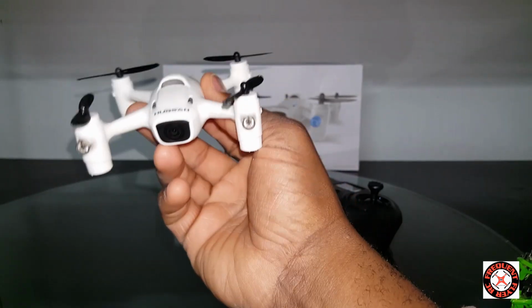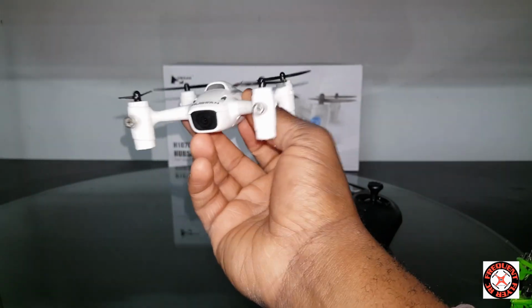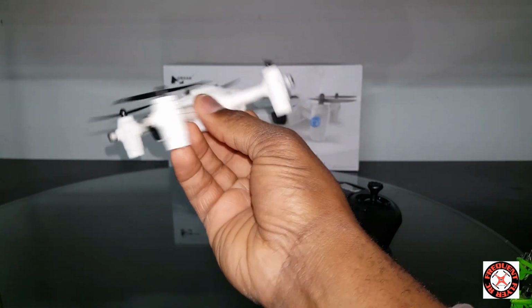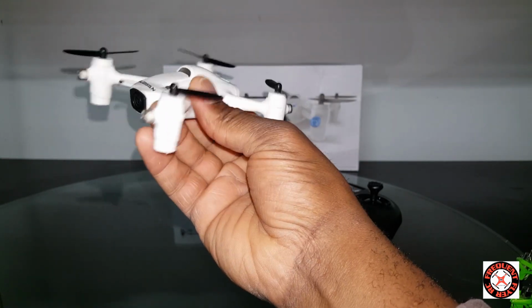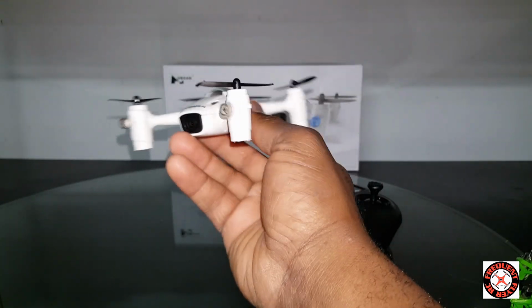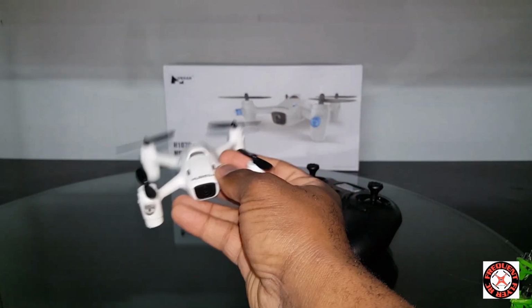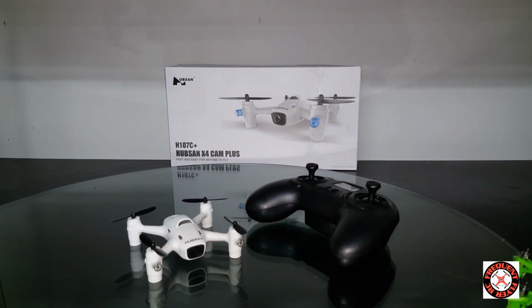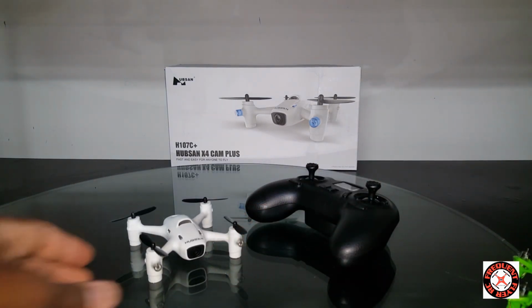So I am going to send this model back and probably get another one and then do the full review. This is why I'm just doing a quick review of this one. And I do have some negative things to say about it. Now, for the first negative thing I have to say about it is